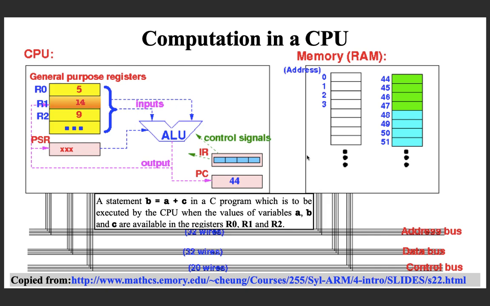So the address reaches the memory unit, then that particular memory location will be accessed, and the instruction stored there will be transferred along this data bus and reaches the central processing unit. Okay, and once an instruction reaches here, it is stored in the instruction register IR, and